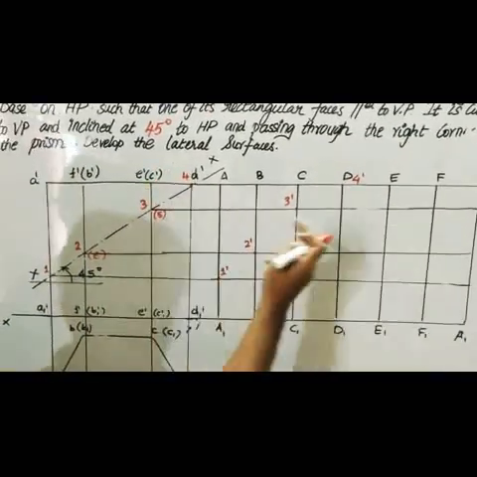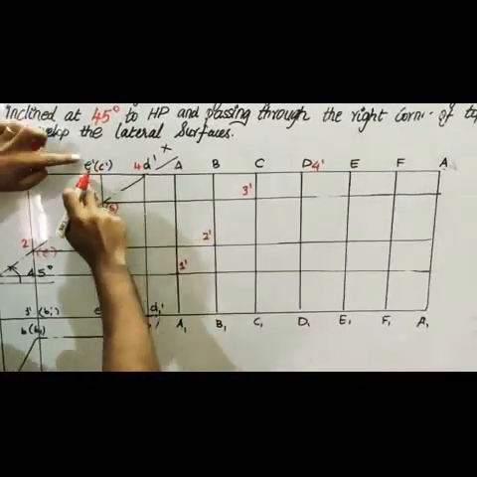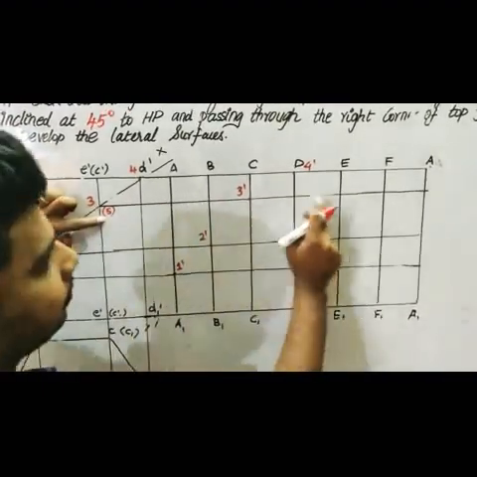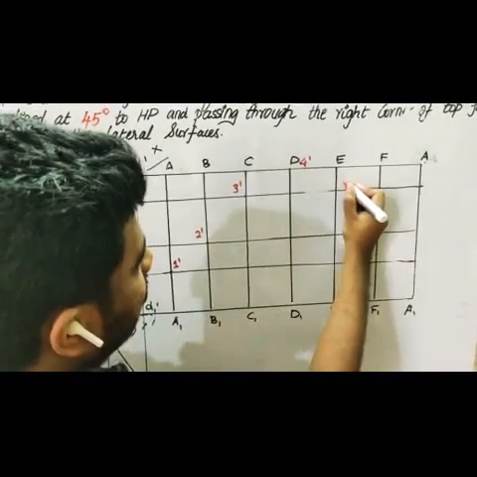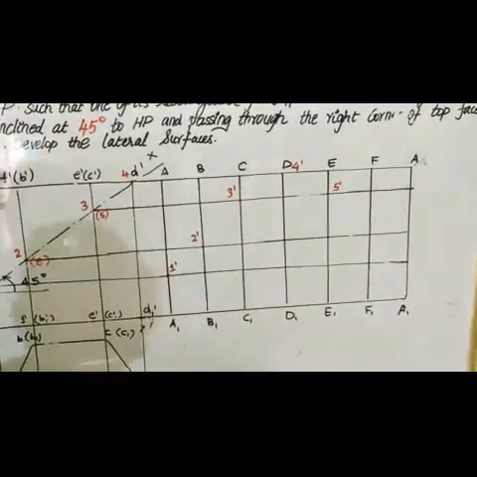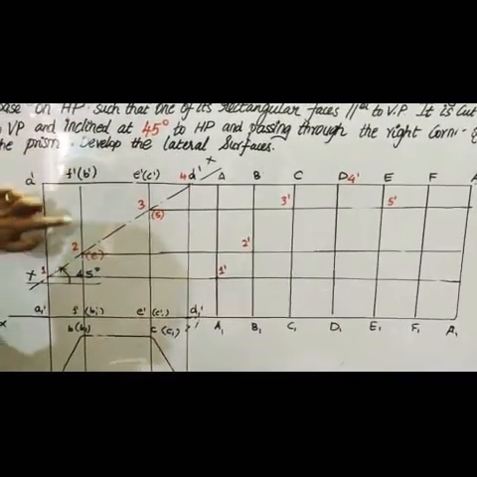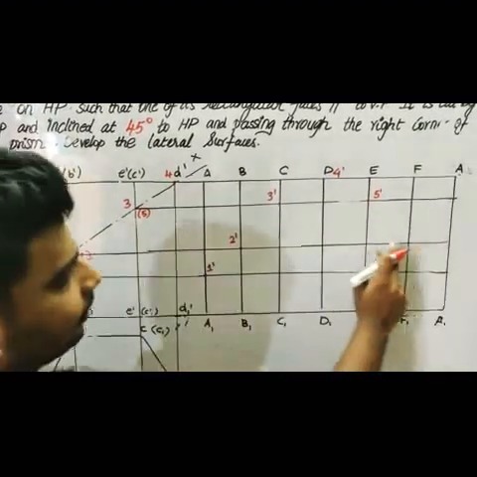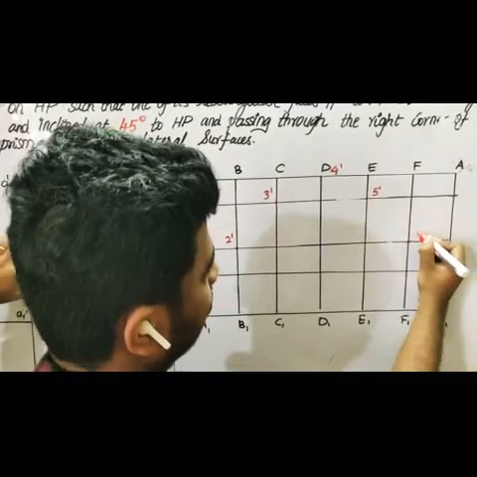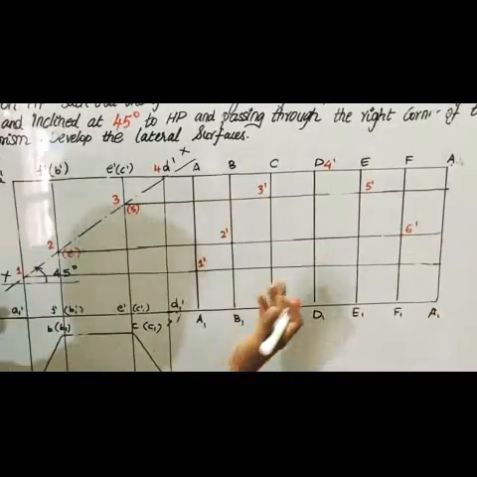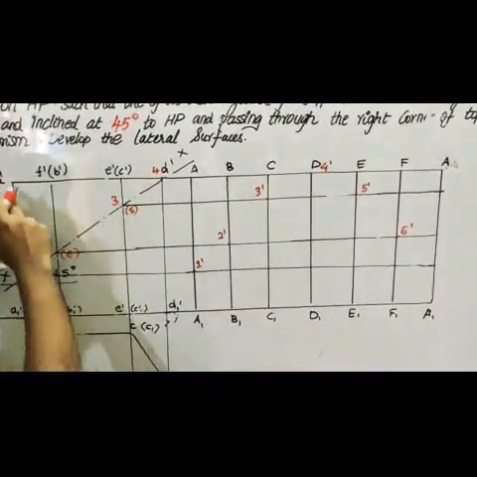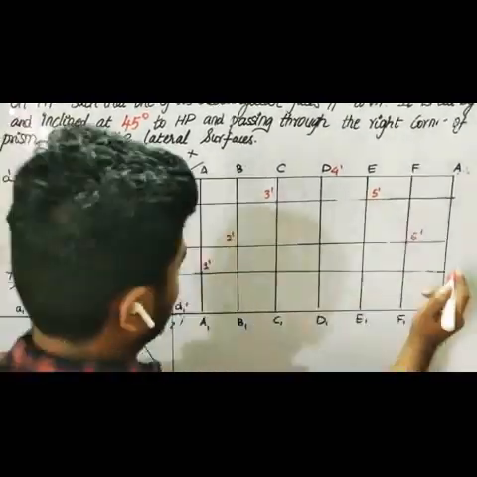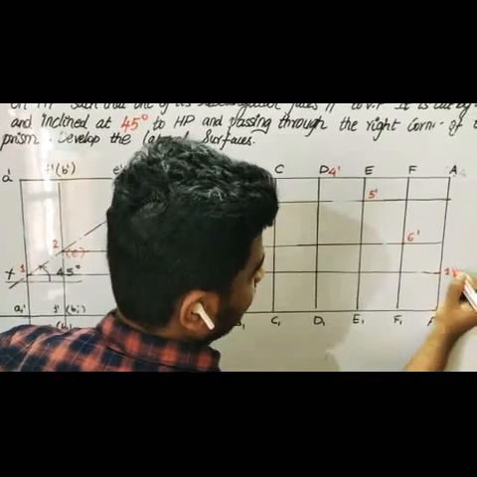Again E, E dash, this is your E, E dash line, which is cut by point number 5, which is here, so this is your 5 dash. And this is your F dash and F1 dash, which is cut by point 6 and which is here, and just mark it. And again finally it's closed by the A dash line, which is cut by point number 1, which is here, 1 dash.